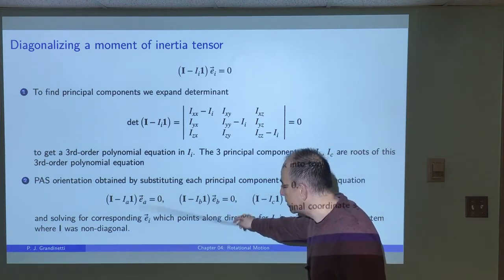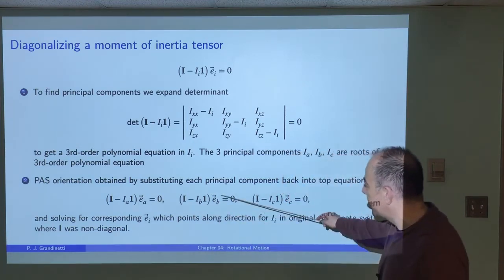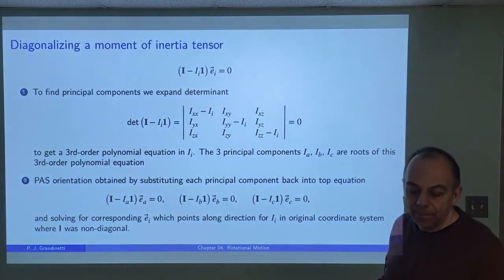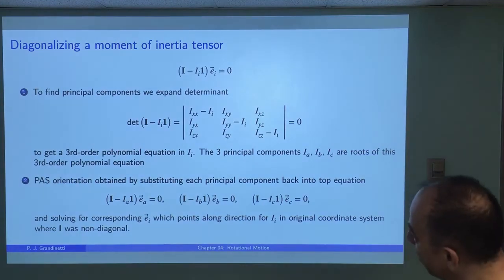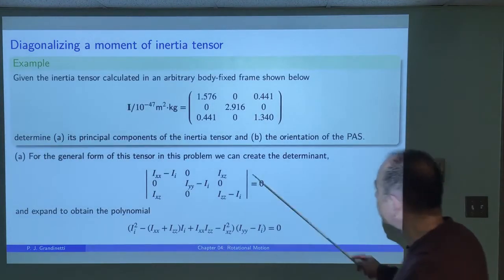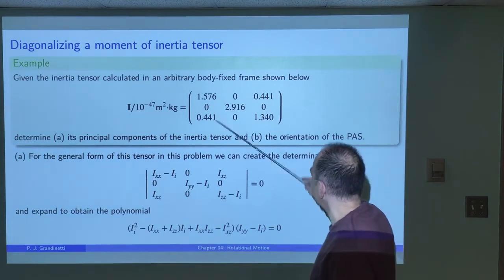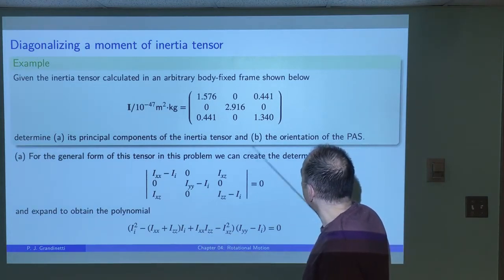I can use those equations to solve for the direction of EA, and here I can solve for the direction of EB, and here I'll solve for the direction of EC. Okay, so let's look at an example to make these ideas more concrete. So let's go back to our non-diagonal matrix, which is in this form, and I'm going to then set up a